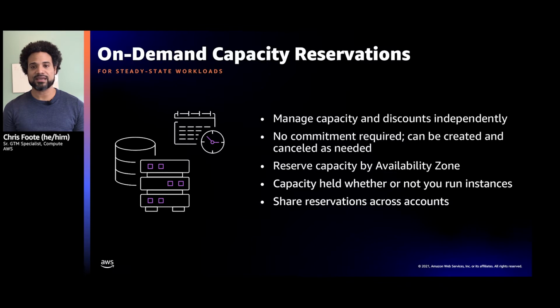across various accounts. Keep in mind that on-demand capacity reservations are active whether or not you run instances. So with that being said, they are best used in tandem with Savings Plan, just because they both benefit steady state workloads. And typically we see customers, if they're leveraging Savings Plan or they're leveraging on-demand capacity reservations, they're using one with the other.